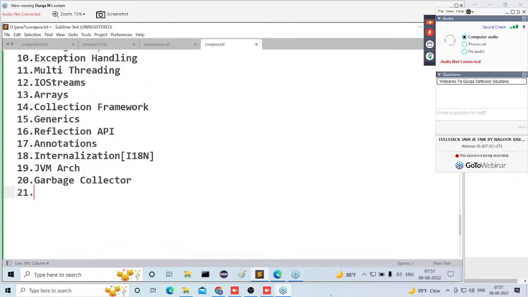The name of this object destructor is garbage collector. Observe carefully. Garbage collector is responsible for destroying the objects. But when it will destroy the objects and how it will destroy the objects, some cases are available. That is detailed, and we will understand it inside the garbage collector content. Everybody understand my point?